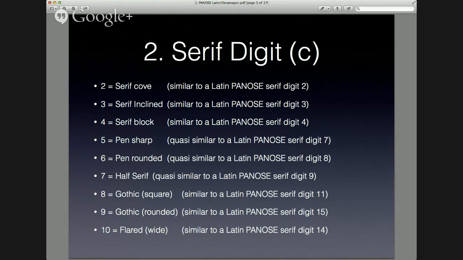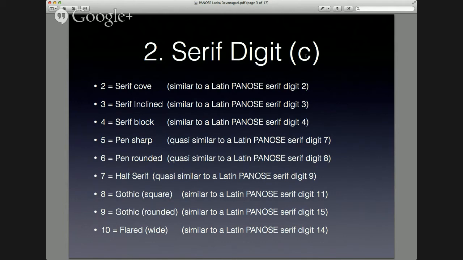If it's flared, meaning that at the end of the stem there's just a slight widening, which is kind of different than the pen sharp, which is when you have a sharp diagonal pen end to the horizontal or vertical strokes. And oh, there's also this C. You'll see these kind of throughout. So serif digit and then parentheses C. The C means that this